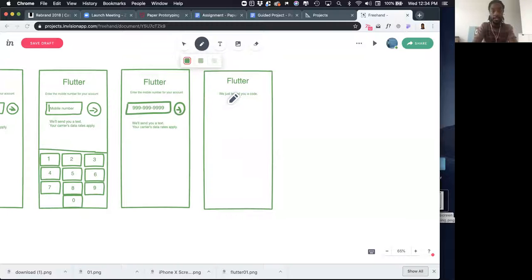Create another box. Here, we'll say, so tell them to enter the code to sign in, and we'll give them an option to resend the code. Here. And so we'll draw another